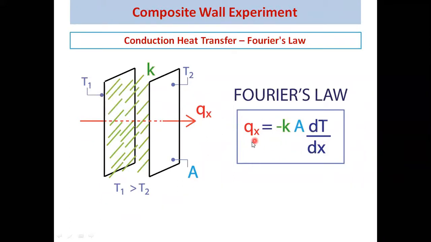Now according to this equation, that is Q equal to minus KA dT by dx, this dx represents the thickness of the slab. So if we know the thickness of the slab, if we know the temperature gradient across the thickness of this slab, that is T1 and T2 or TA and TB, and if we know the heat transfer area, and if we know the amount of heat supplied, if we are controlling the amount of heat supply, then the only unknown is our thermal conductivity. So from this equation, we will try to find out the thermal conductivity for all the three materials, that is mild steel, bakelite and wood.